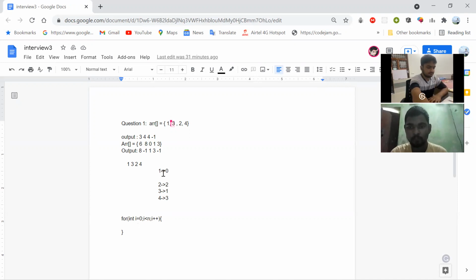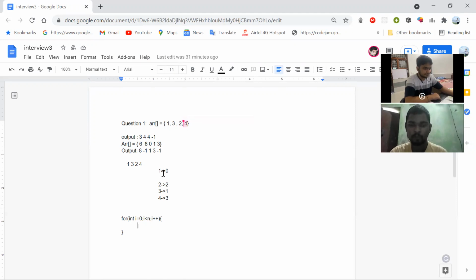So there is a 4. 4 is greater than this 3, so I'm going to print it out. Now my pointer moves on to this 2. I'm searching for a greater element than this 2 on the right side. If I get it, I'm going to print this greater element, so in that case I'm going to print 4.